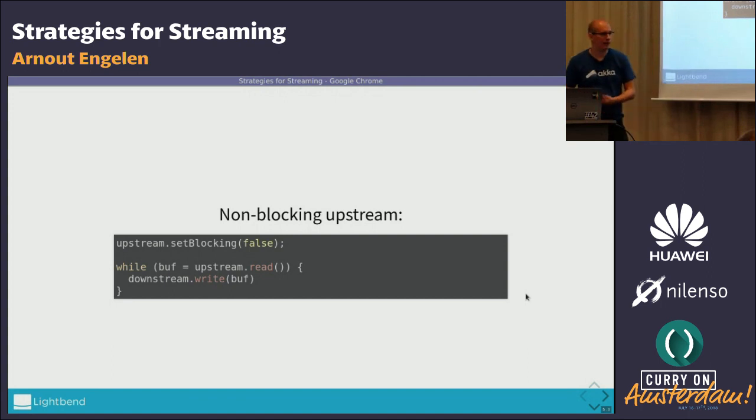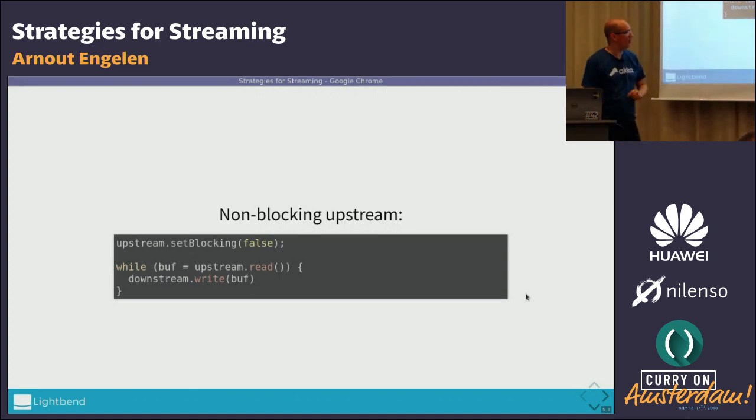If there's data, then you get the data. Okay, this is fine. You could think of having a limited number of threads just hitting all the different streams you have after each other. If there's nothing to be read, they finish quickly. But if there's something to be read, we're in trouble.